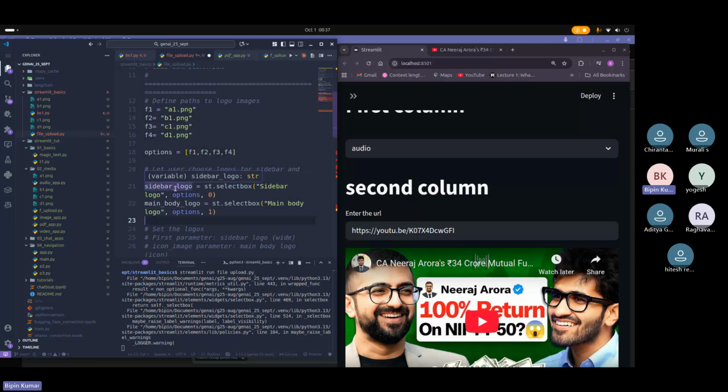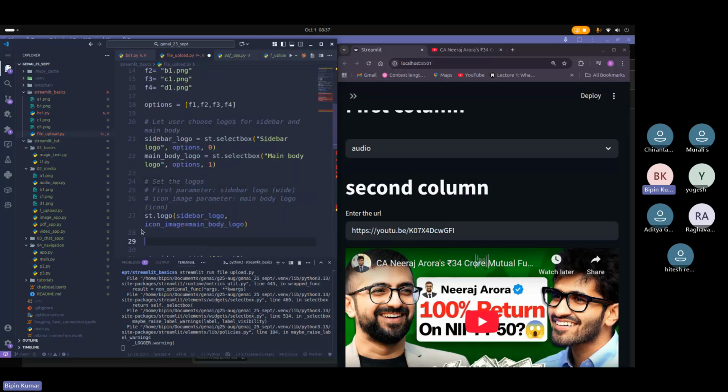Then for sidebar logo, the user can select any options. Okay, so options, and similarly select box main body. So we have created an option to select which logo you want to see. Okay, so if you have to apply the logo, simply you can write st.logo, then for sidebar, and then icon image equal to, for main logo you can create icon image equal to main body logo. Okay,